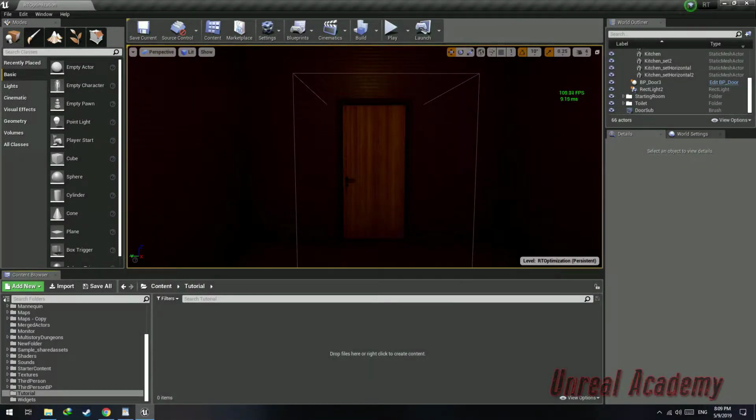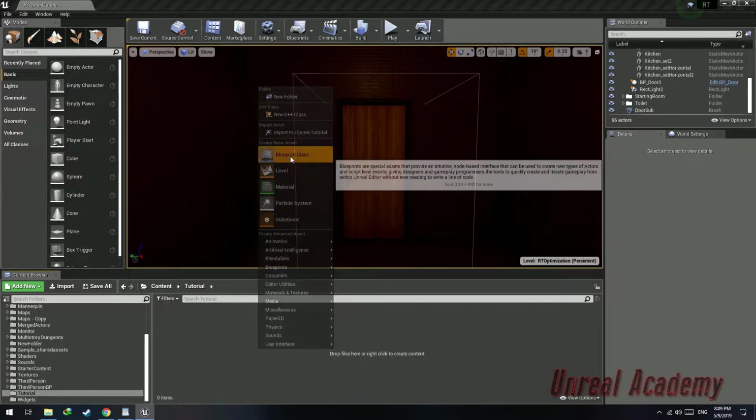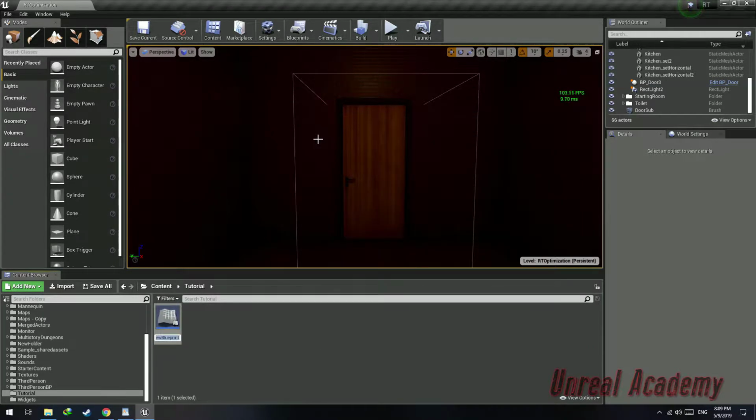First, let us set up triggers near the door which will trigger a console command as soon as player begins overlapping the trigger. To create these triggers, we are going to create a blueprint. Right-click and create a new blueprint class of class actor. Let's name it Raytrace Enabler. Open it up